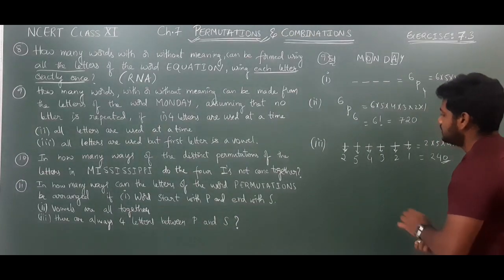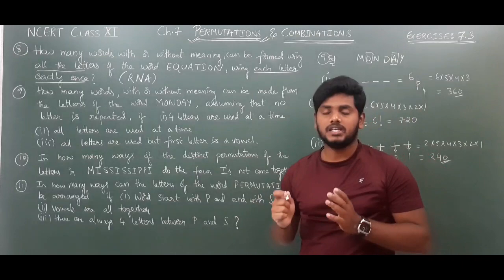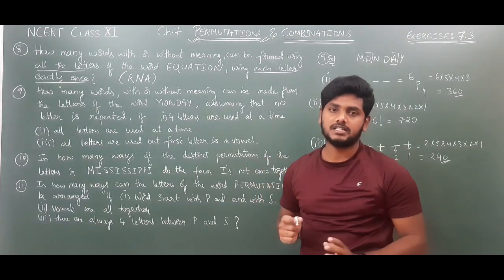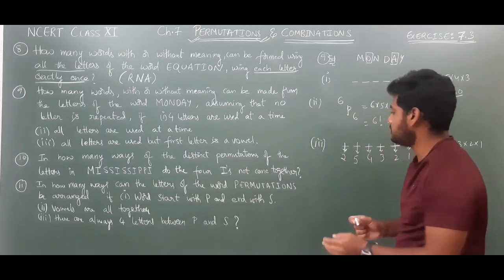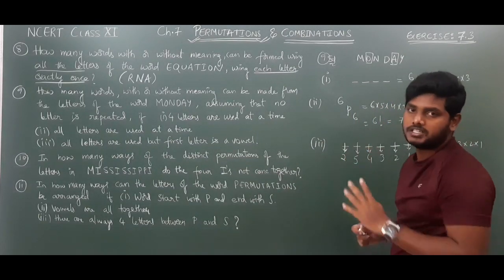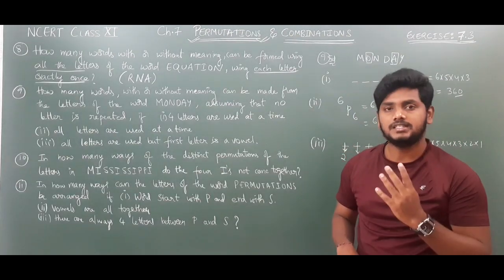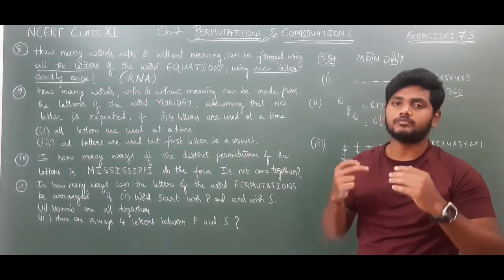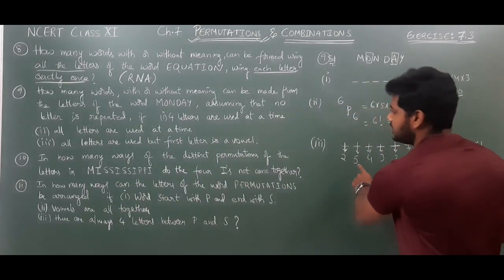Understood? Whenever they say the number is even, we need to focus on the last digit. If the number is odd, again we need to focus on the last digit. If the first letter is a vowel, we need to focus on the first letter. And if they say a 4-digit number, the first digit should not be 0. Again, for a 3-digit number, the first digit should not be 0. We need to focus on the given conditions, right? So did you understand this third one?